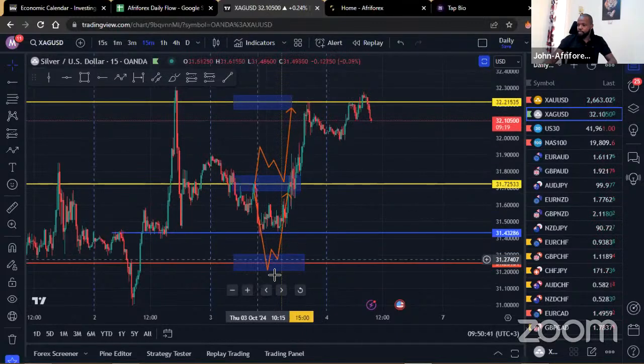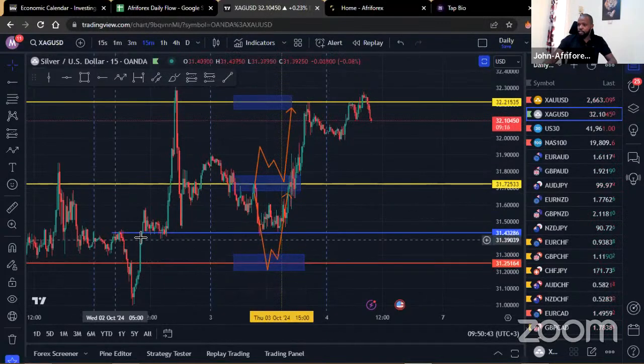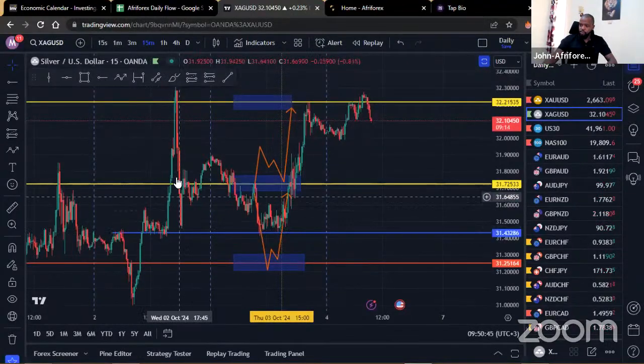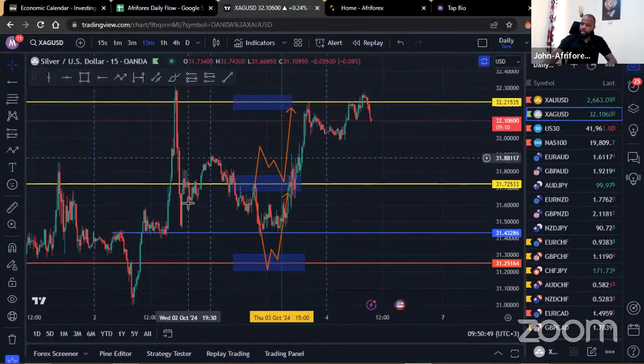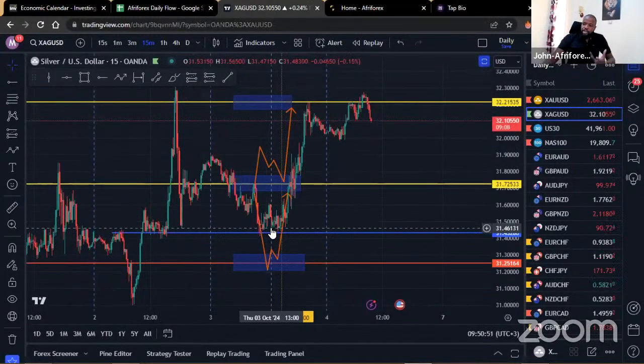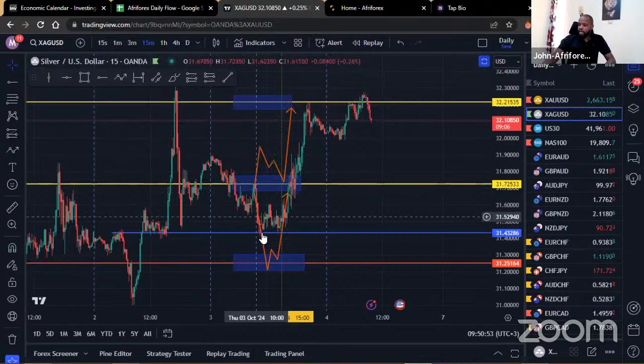The pullback came in. Even if it didn't come in all the way to within there, there was this region that he had pointed out, based on what had happened the previous day, the bars had pushed the market to the upside. And so, you just generally expect that maybe if the market comes in there, there could be some buys working off this region.